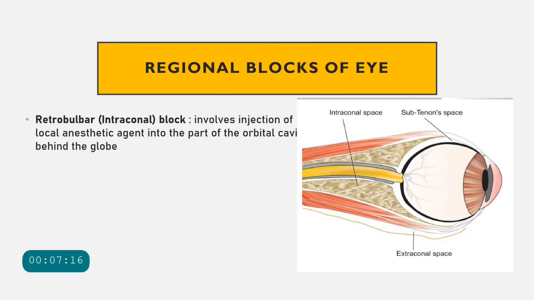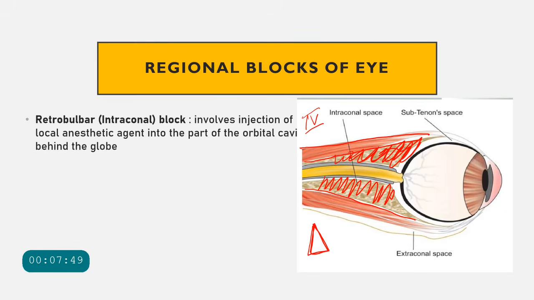Now if you will remember from the surgical spaces of the orbit, the retrobulbar cone or the intraconal area is nothing but a cone which is formed by the four intraocular muscles, right? So these muscles are going to form a conical shape space behind the eyeball, which is called the cone of the eye. And when the anesthetic agent is directly instilled inside this conical area around the optic nerve, which actually has most of the nerves present in it except the fourth cranial nerve, which is present outside the muscle cone. Okay, and when we inject the anesthetic directly into this area, it is called the retrobulbar block or the